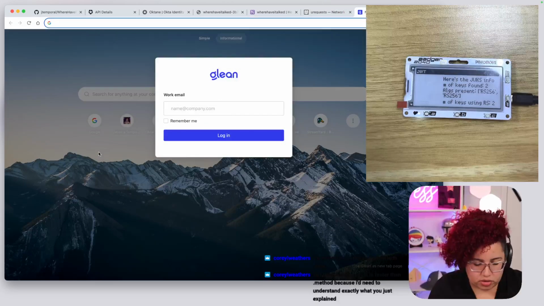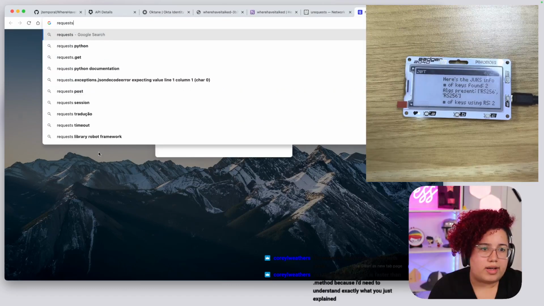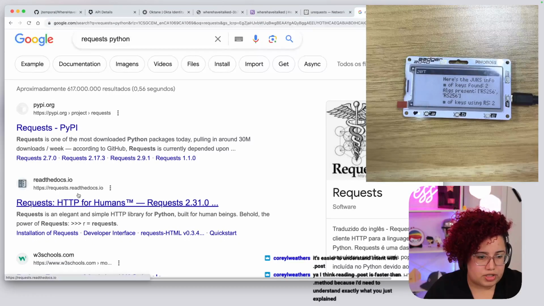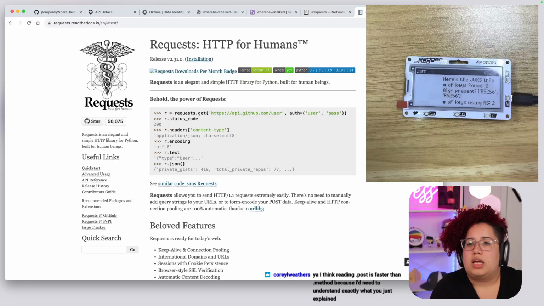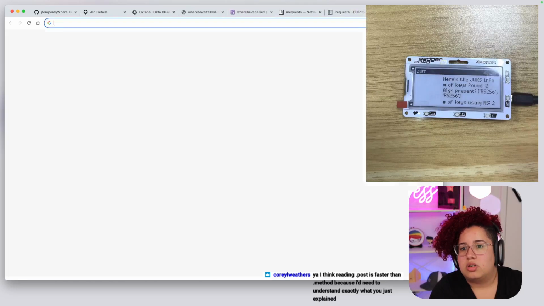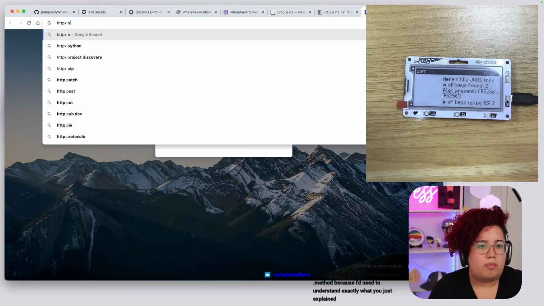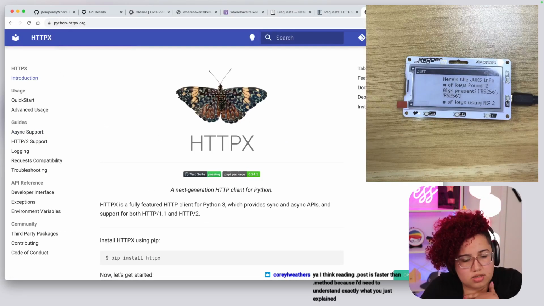So if you're curious about the Python ecosystem, requests is one of the libraries possible. And we have HTTPX, which is the other one. To be honest, this is my favorite one.